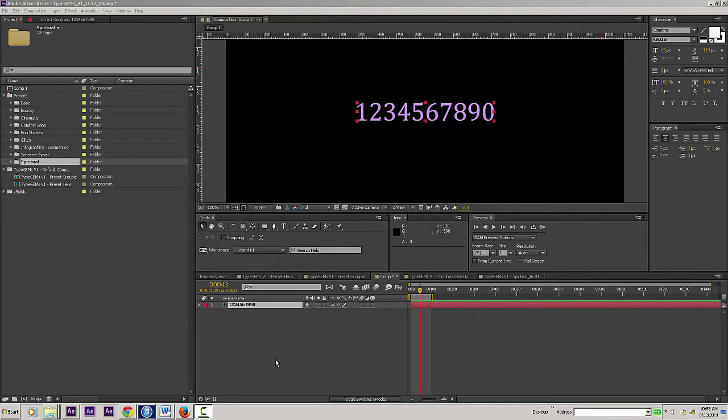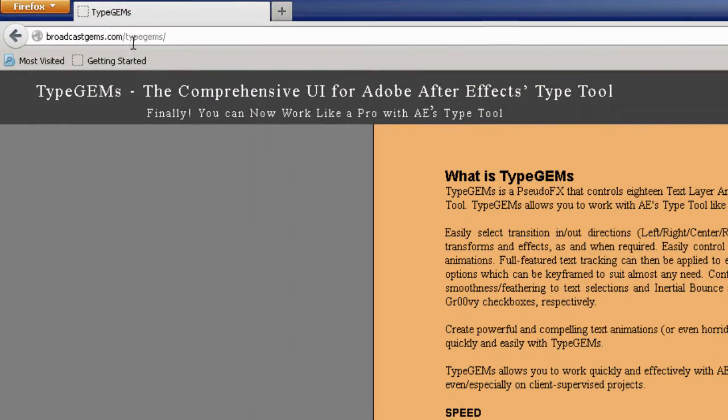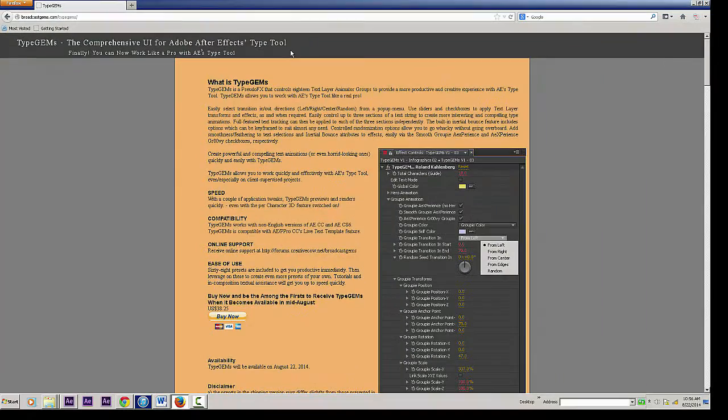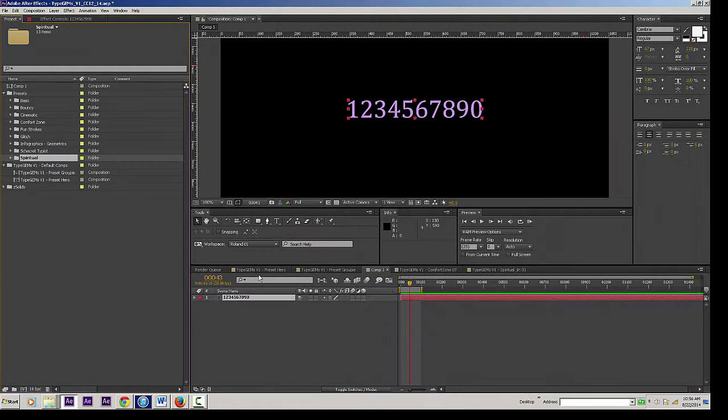Hi, welcome to this quick introduction on TypeGEMs. What is TypeGEMs? Well, it's the comprehensive UI for AE's type tool. So what the hell is that? Well, we all know what AE's type tool is. Over here,